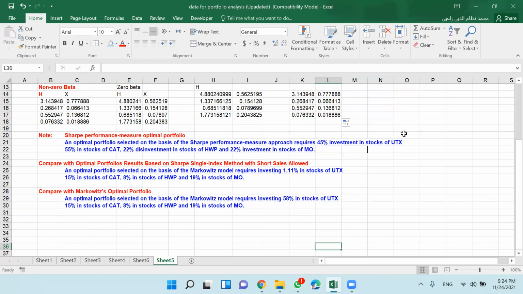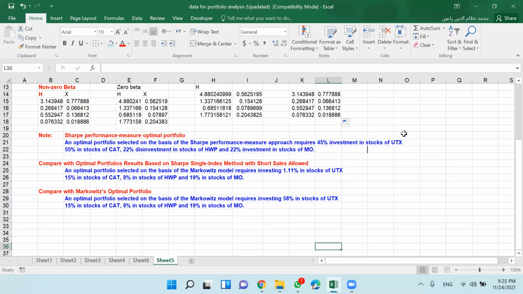So what it tells you, compare the portfolios. So you have the short performance measure portfolio. We have constructed 3 portfolios: one based on Markowitz, another based on the Sharpe model, the single index model, and a third one which we have seen now.